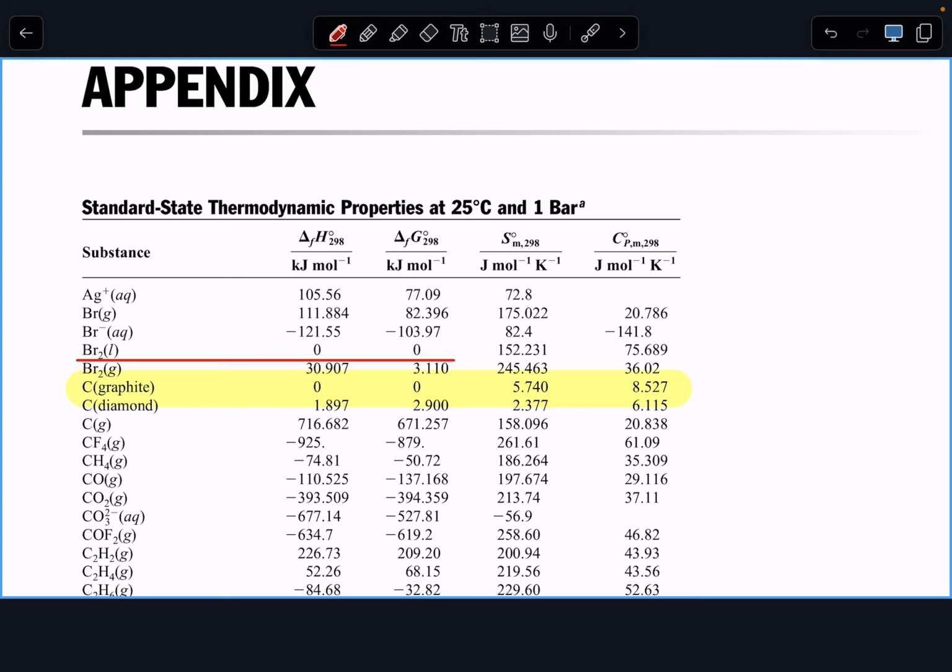So those are two ways to use the thermodynamic table. In today's lecture, we'll go over two topics. The first topic focuses on this part: how did scientists measure the standard heat of formation of a species that is not in its fundamental elementary form? We'll go over the steps scientists take to set up the experiment, how we perform the experiment, and what kind of calculations are involved in getting these numbers. Knowing how to use it is one thing. Knowing where these numbers come from is a separate question. That's our goal for today.